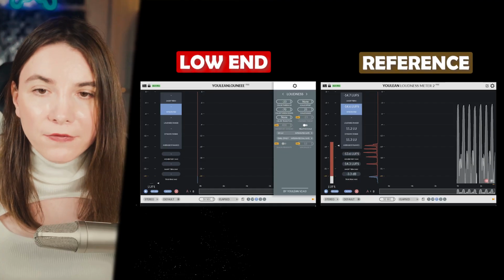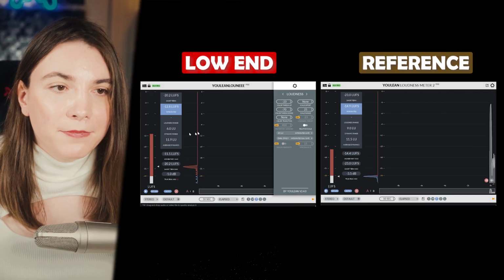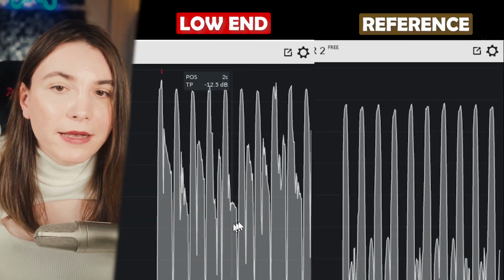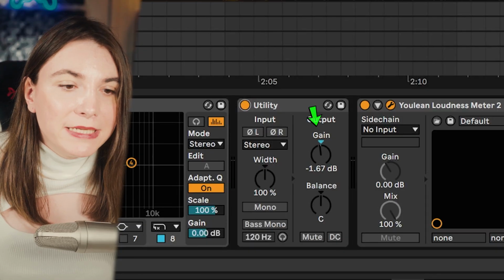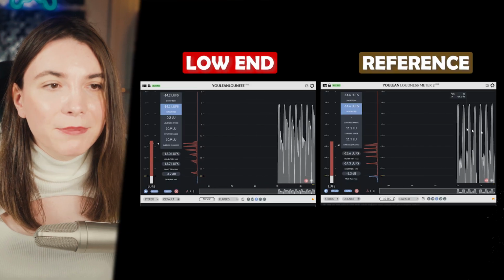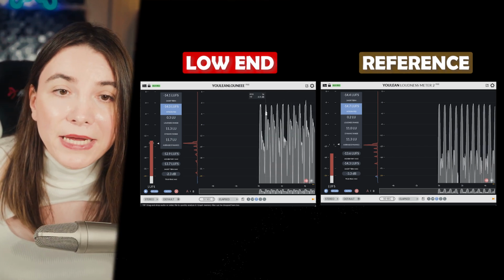Now comes the cool part, adjusting the peak. Open both of them, just solo our low end and keep an eye on the other one at the same time and try to adjust the levels. The first thing that we realized, our peaks are not matching. Just put the utility after the low pass here, bring down the volume. Peaks are matching now. And then we see this is the kick hitting obviously every beat, but the sub bass